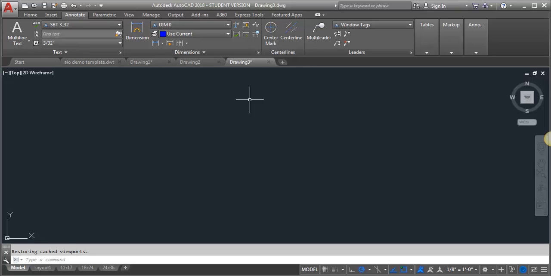So that's really the basics of creating the template file and some of the benefits of it. So I highly recommend, if you've got a project that's got all of this stuff already set up, take a few minutes and